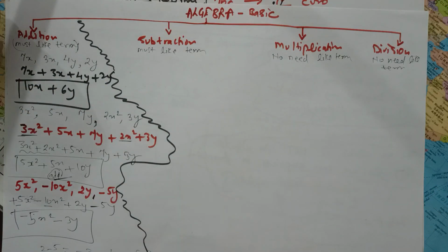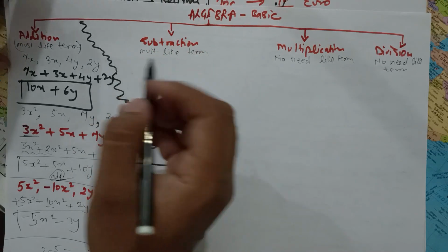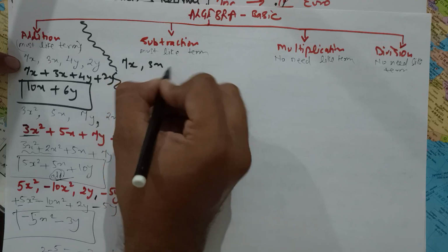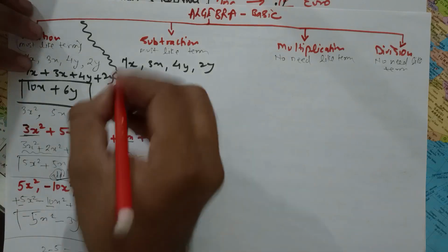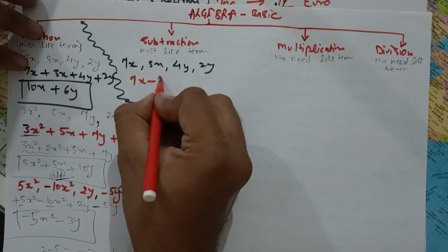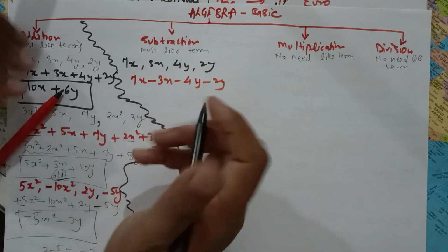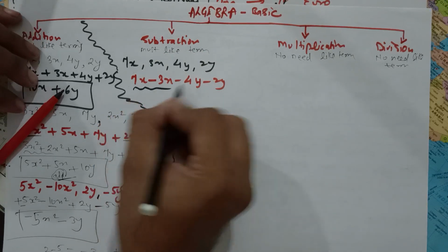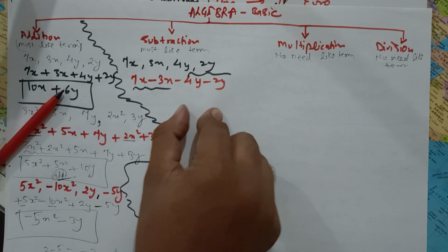Okay, now is the subtraction. In the same way, subtraction also requires what? Like terms. If we take the same numbers here, how would we write it? Just remove the comma and put minus because we have to subtract. Here we have some pairs of like terms. In subtraction also it requires like terms, because these are like terms and these are like terms. Only these two will be solved separately and these two will be solved separately.